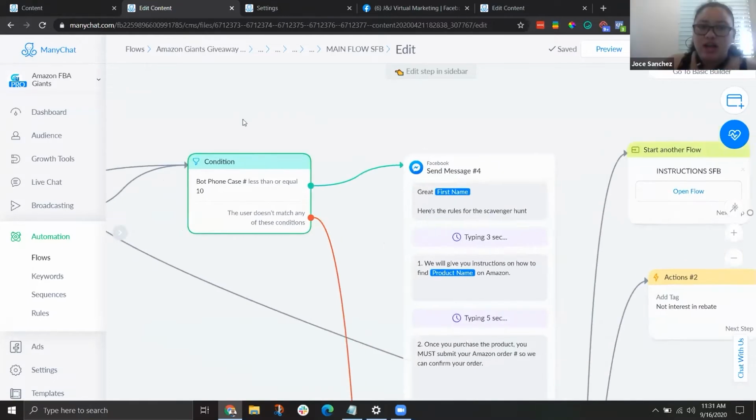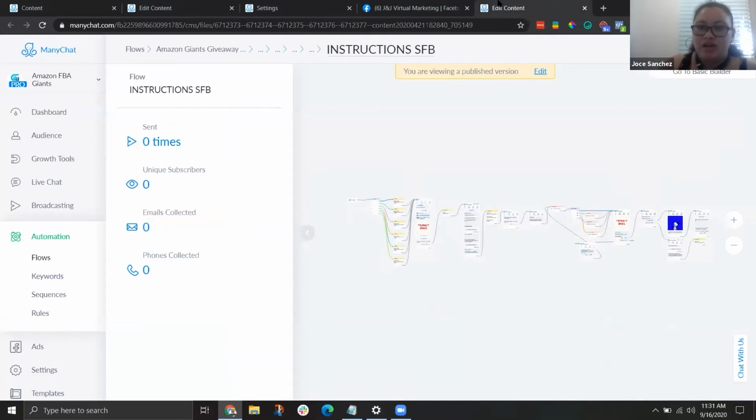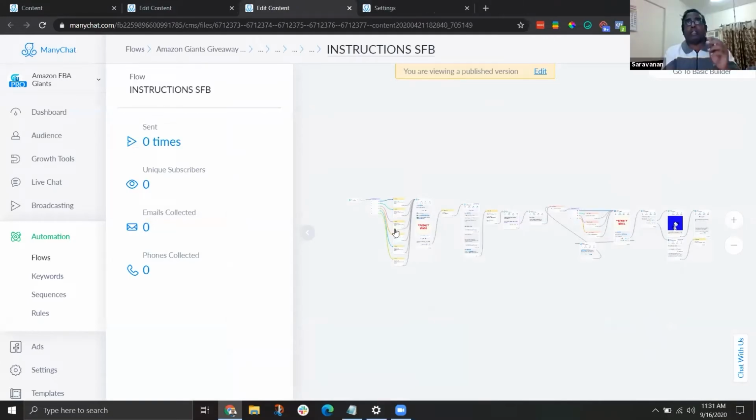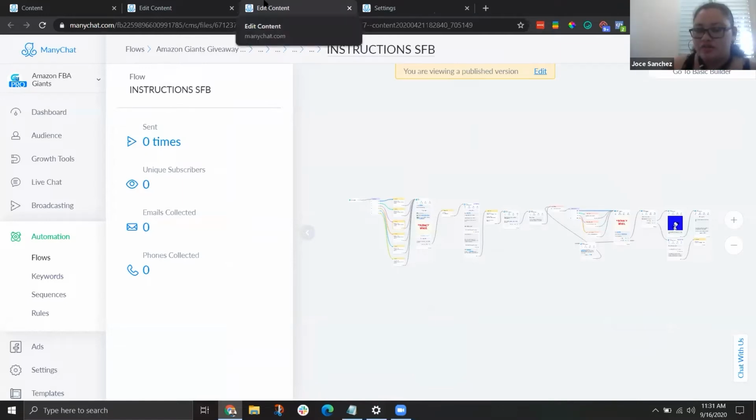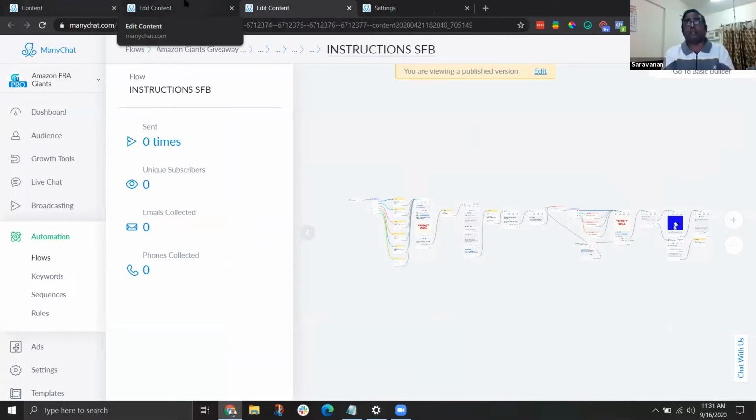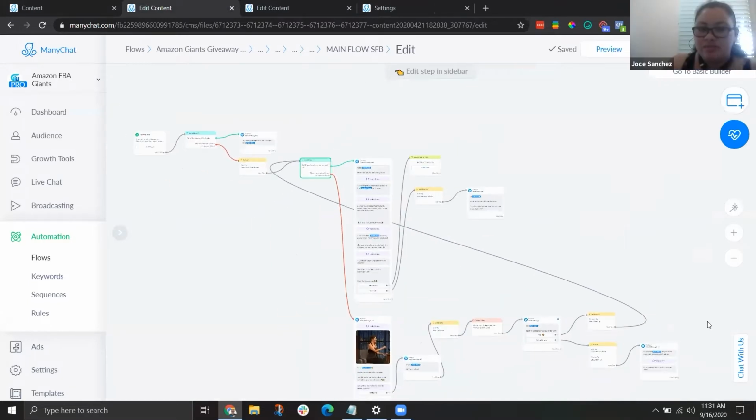The counting will happen right here in the instruction. Suppose someone has entered, then he reached the last but one step, then he came out. So what will happen? You're referring to someone who went into the flow and halfway through just dropped off and then came back again? Yes. All right, so if they went here in the main flow,